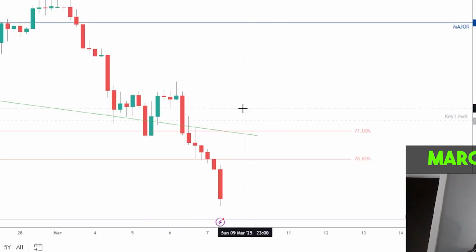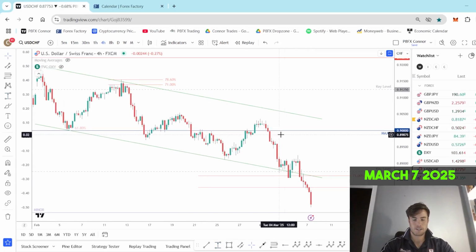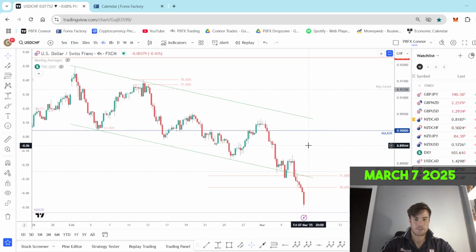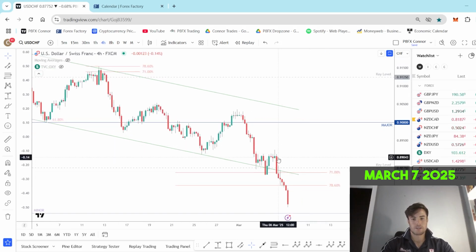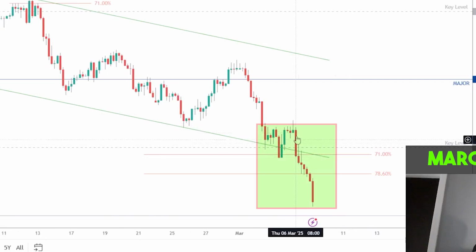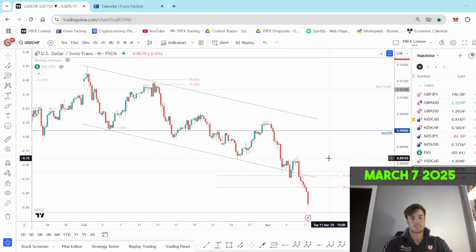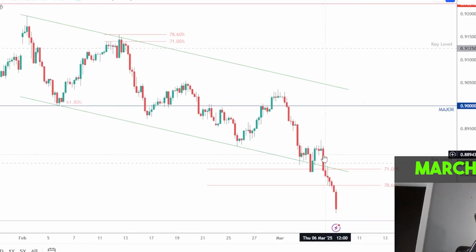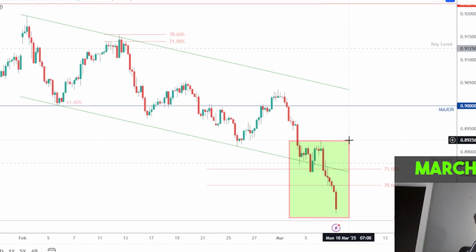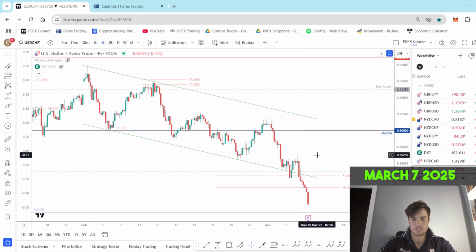So we would currently be in a loss. If we had got in at the key level, it would be a loss of 110 pips. So it's rather be safe than sorry, especially when you're dealing with what we know as an engulfing candle. We know that price likes to continue down after that bearish engulfing. So yes, it's one that didn't play out the way we expected, but using our confirmations as to when not to get in can also save us money. So yeah, that was USD Swiss franc.